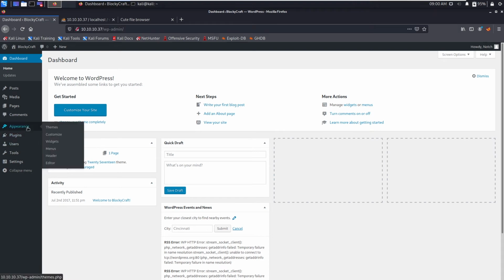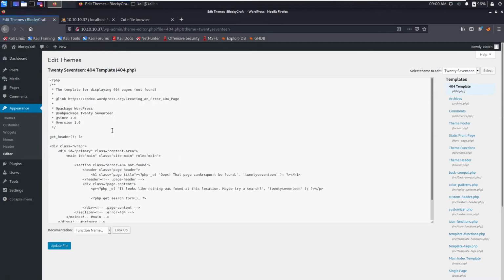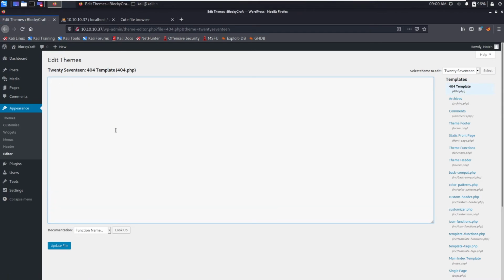Let's go to the theme editor, and what we can do is click on this 404.php and delete this, and put PHP system of $_GET of cmd, and click on update file.